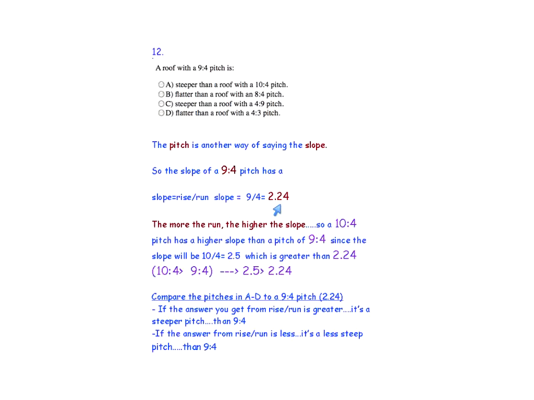So, if you think about it, the greater the run, the higher the slope is going to be, right? So something like a 10 to 4 is going to have a higher slope, okay, because the run number is larger. So 10 divided by 4 is greater than 9 divided by 4. So here it is written out, 10 to 4 pitch is greater than a 9 to 4 pitch. Okay, so when we do the math, that gives us 2.5 being greater than 2.24. So again, it makes sense because the run was greater,